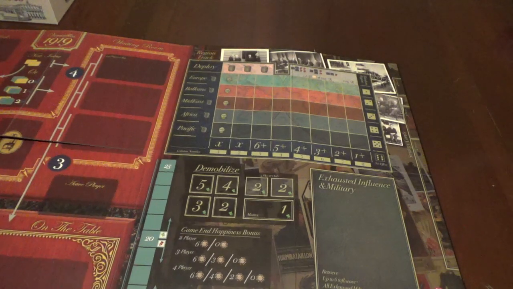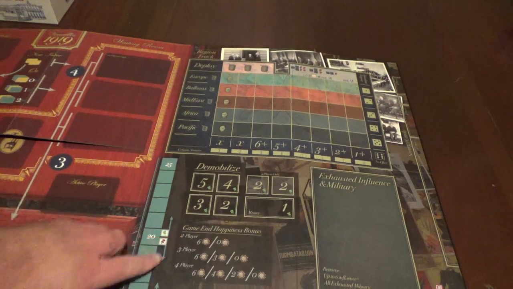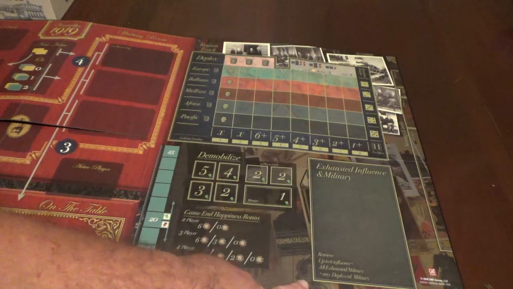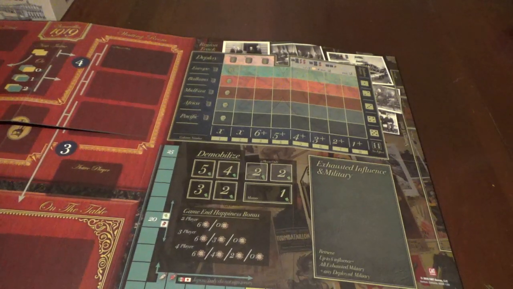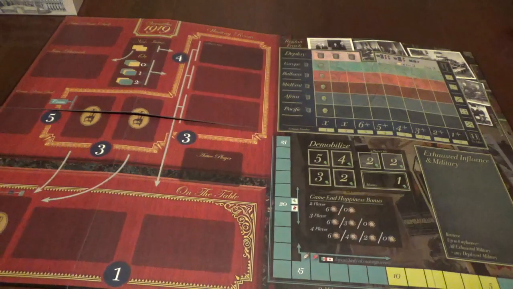Alright, got that. Got Demobilize. Game End Happiness bonus. Now there's something you don't see every day. Exhausted Influence in Military. Got a nice track down here for things. It's nice, thick board. Okay, cool. It looks very cool. All right, very interesting looking. But again, I'm encouraged that the rulebook is only 17 pages long. It shouldn't take that long